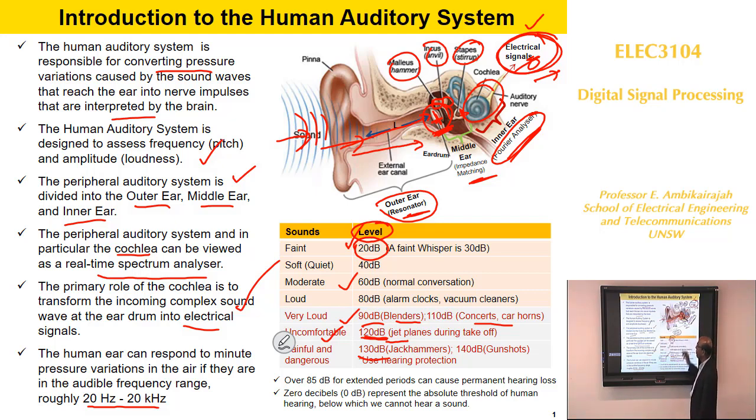So this is just to give you a range. The ear is able to code anything between 0 dB to 120 dB, and it compresses that into a small range and sends it as electrical impulses. So the range here is roughly 0 to 120 dB. That's the maximum range. If you try anything more than 120 dB, a saturation effect will happen, and it also reaches the level of pain, and then you will normally close your ear. Anyway,